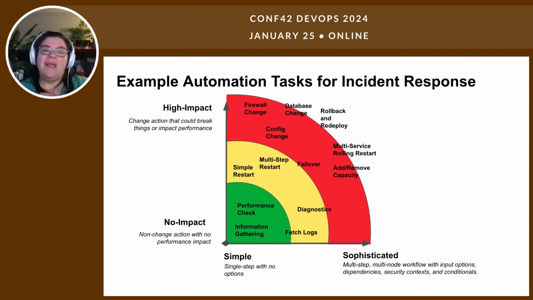And when we get into the red, there are some things here that folks aren't super comfortable automating. Some of it, fortunately, will be handled by your cloud, but it might not be. Whether it's scaling up a complex environment, where you push a bunch of new containers into a pod, or a multi-service rolling restart, maybe across different geographic locations, so that things all sync up and reconnect. Or you might have a process for rollback or redeploy that you really want to automate for incident response. But you can take that and break it down. In the Alice example too, we could do the same sort of tasks in a graph based on provisioning environments in the cloud and figure out what to do there.